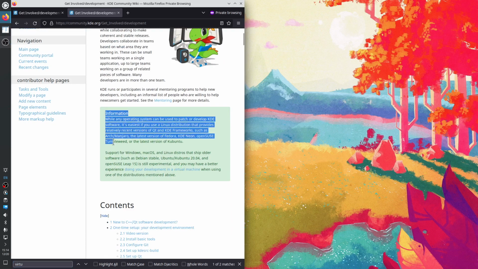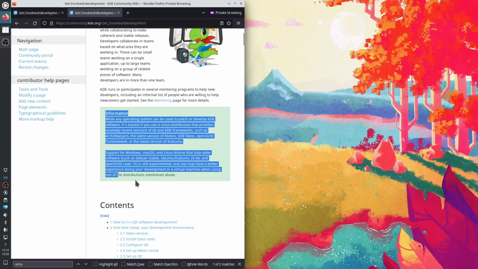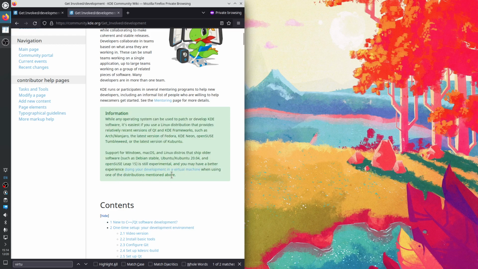you should be using a Linux distribution when you start contributing to the KDE community, and when you start learning how to build KDE software using kdesrc-build, and your Linux distribution should have up-to-date packages of the Qt framework and other dependencies, other packages on which the KDE Git repositories depend. So we need fresh versions of Qt and other